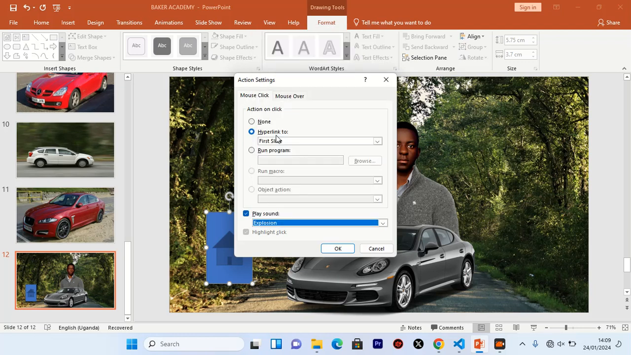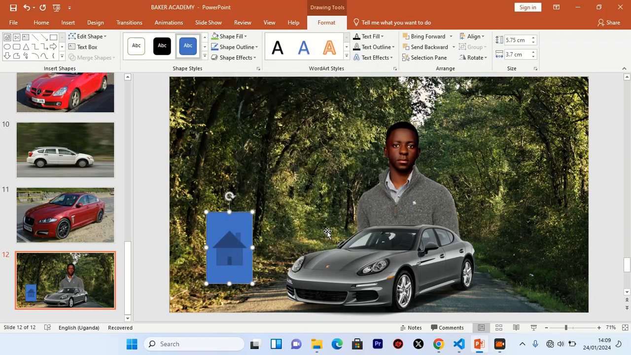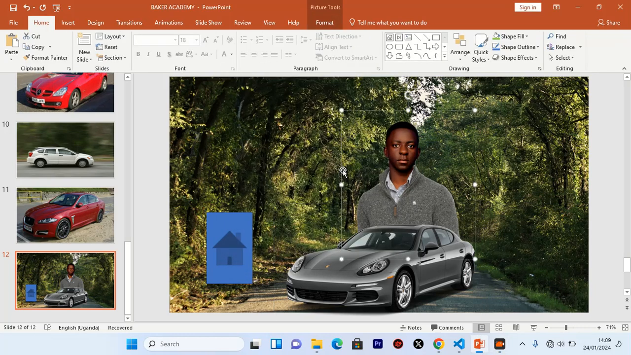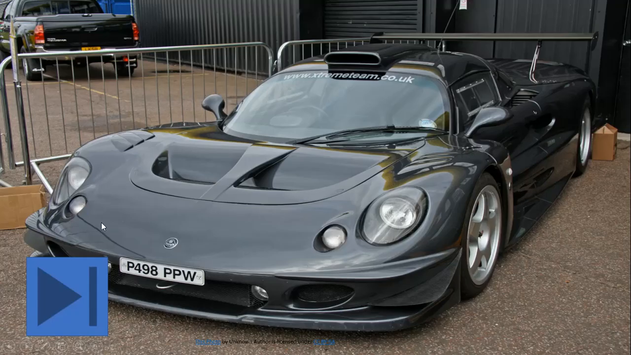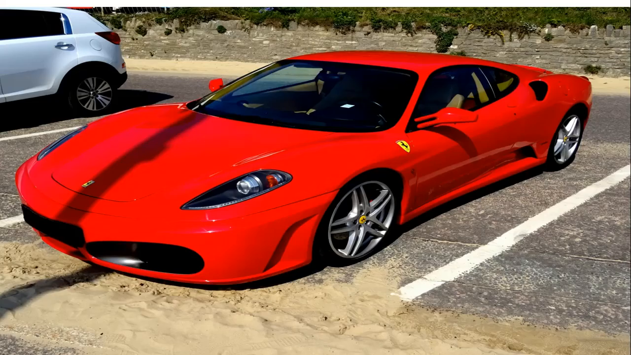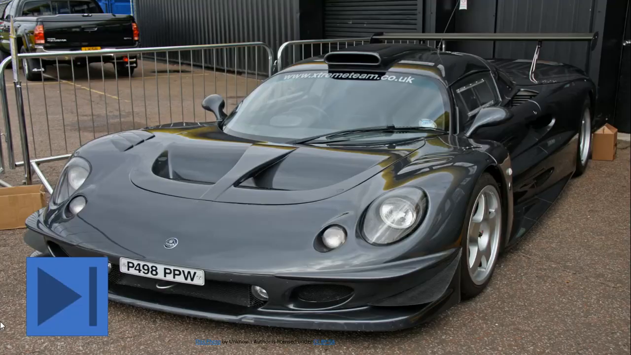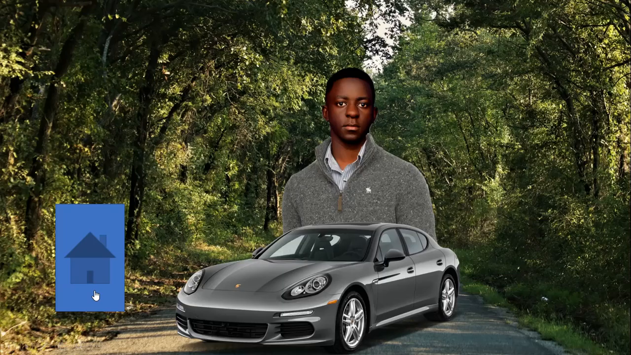Let me increase my volume. It was reduced, that's why you don't hear any sound. Right, that is enough. So I'm just going to press OK. Press the F5 on the keyboard. So that is the sound. You can put any sound, like, okay, and here you see that's the last slide. And if I press on this one,